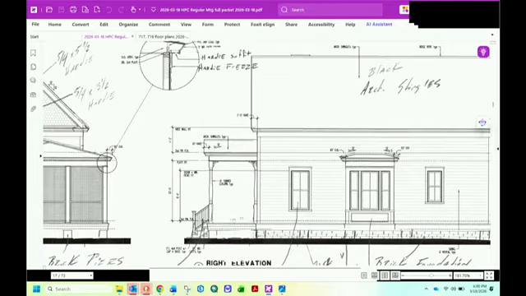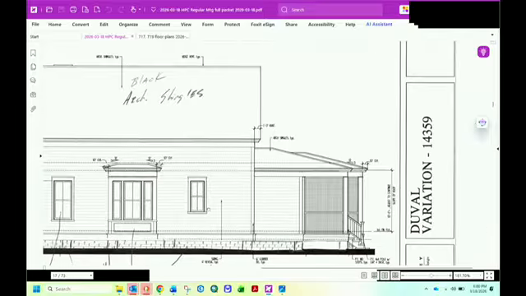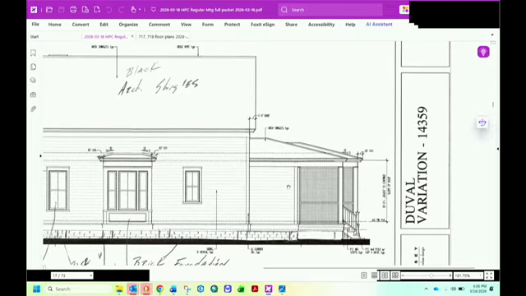We can see a little bit more of the details of the columns and the brackets for the porch, and the same kind of detail work for the edges of the soffits and edges of the front porch roof. No, did I make that mistake on here? No, okay. Sorry. I confused the rear porch slope with the front porch slope, but they are indeed the same.